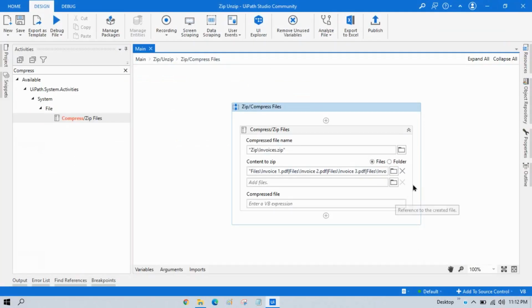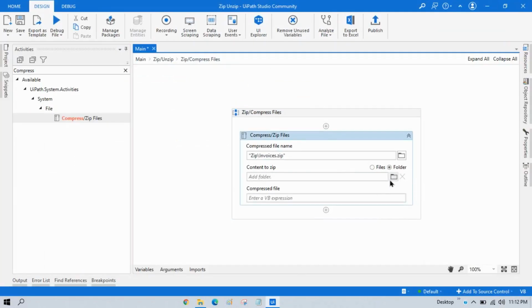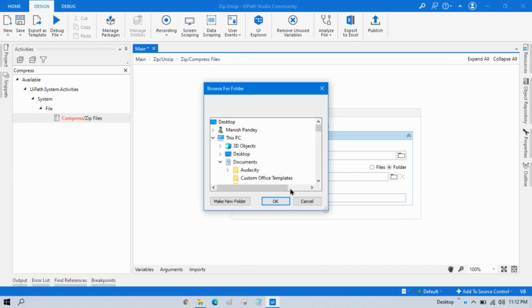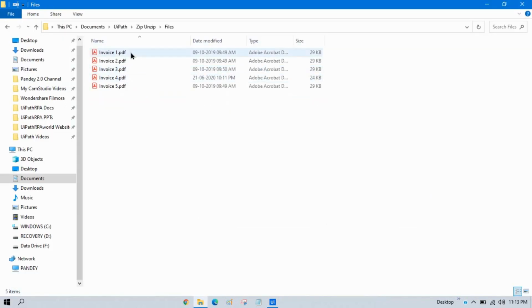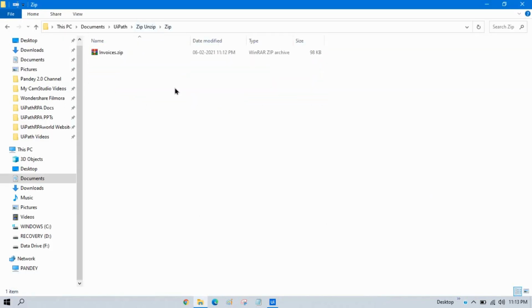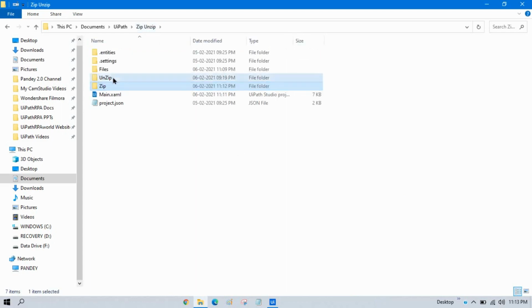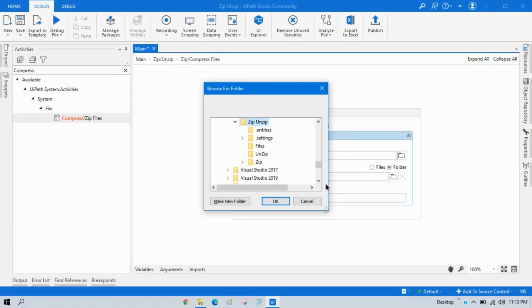Now let's say we have folders, so we can click on this folder option instead, go and select that location, the zip and unzip one. I want to zip only two folders, the files and unzip folders.